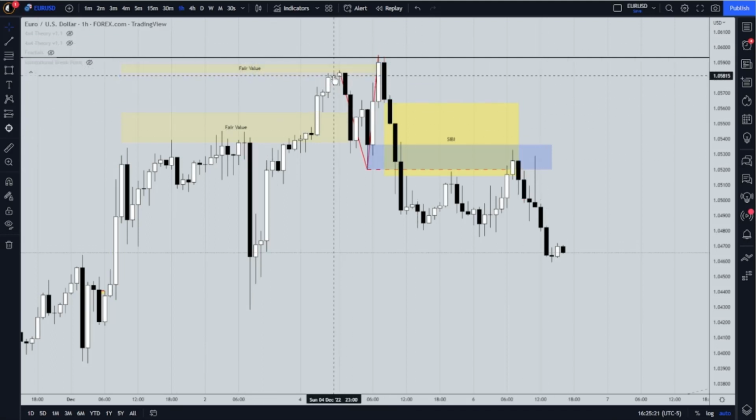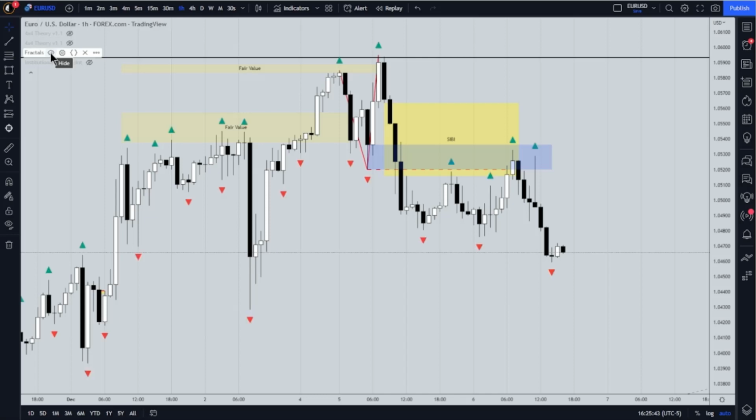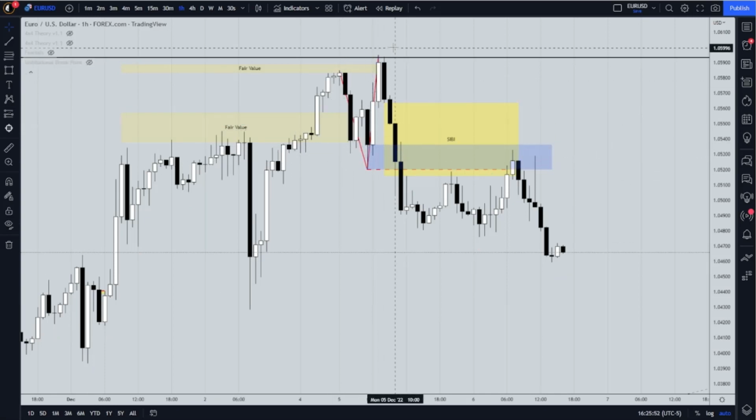So we had a high, a low, and a higher high forming a market maker buy model, and the reverse of that is the market maker sell model, which is just by here. This swing low that you see just by here, so if I switch on the fractals very quickly, you can see this red triangle just by here, the swing low that I've got my two red lines pointing to. That's the market maker buy model, and the market maker sell model started here,